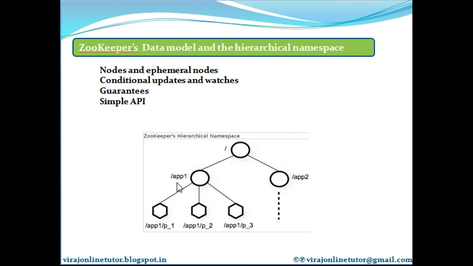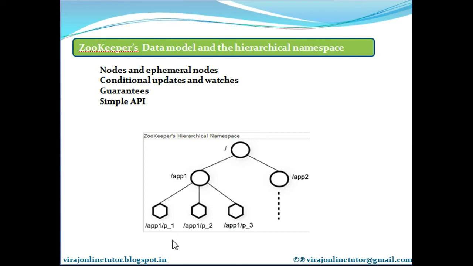If you read the names closely, it is slash followed by app1, slash followed by app2. That means as you traverse the nodes, each node takes its name from the path coming from the root. Now this node has three leaf nodes as its children: p_1, p_2, and p_3.